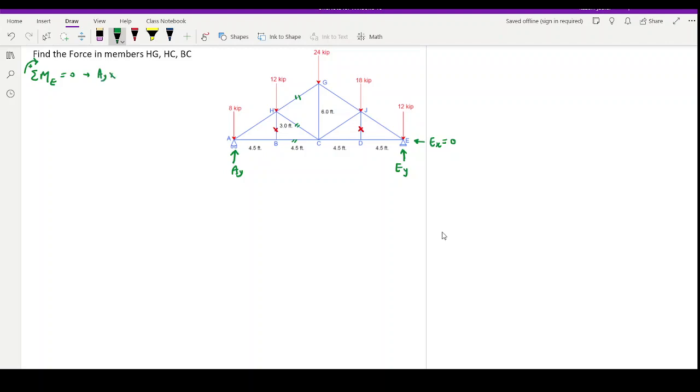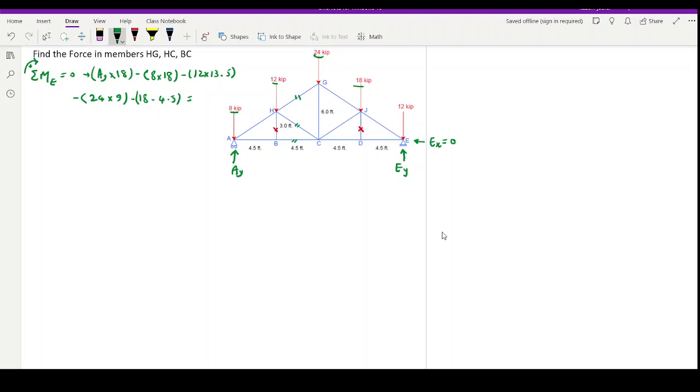So AY times the distance, 4 times 4.5, which is 18, minus 8 times 18, then minus 12 times 3 times 4.5, which is 13.5, minus 24 times 9, and minus 18 times 4.5